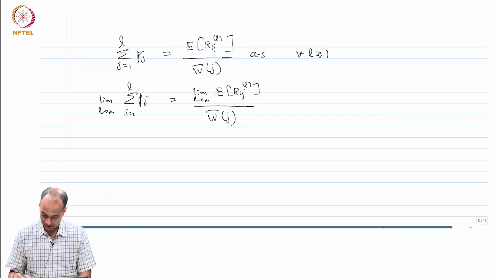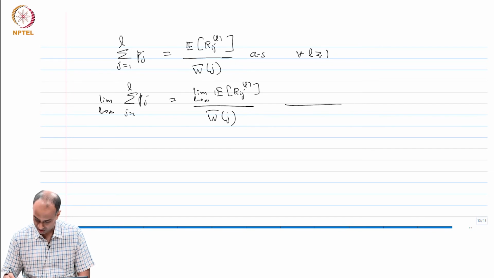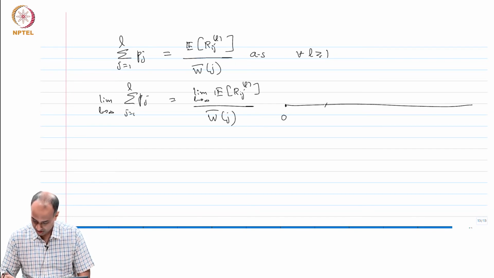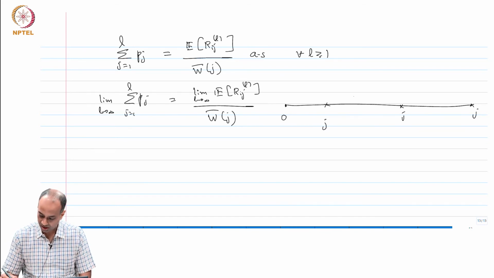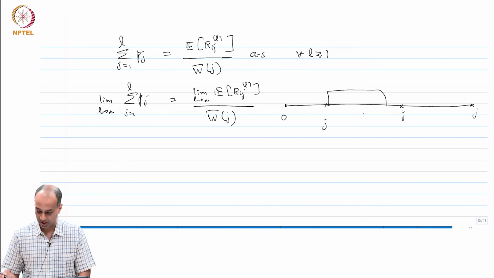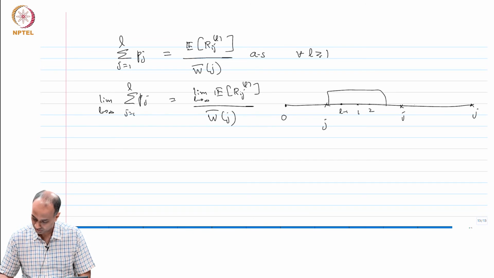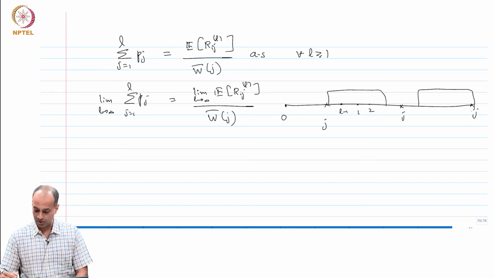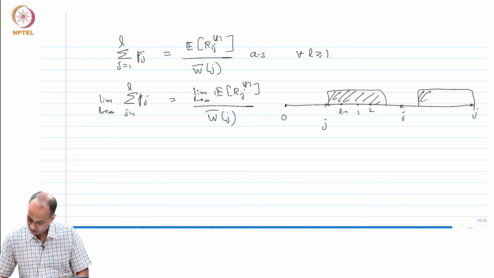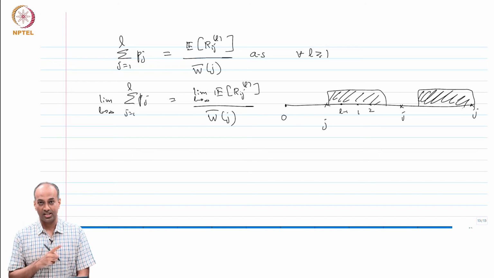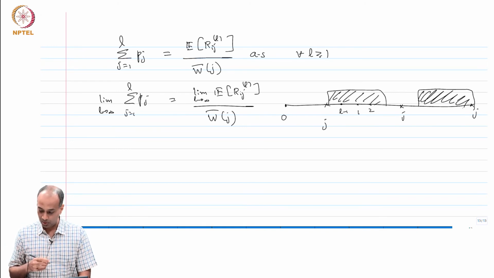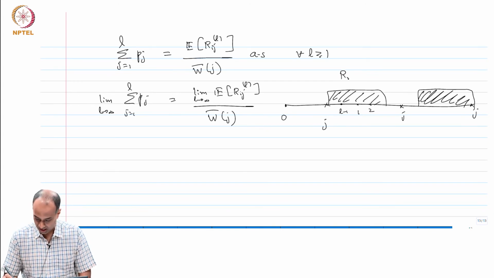If you look at this, maybe I should draw a picture here. This is time 0, right. You are hitting j here, and whenever your state is less than or equal to L, you get a reward of 1, okay. So, if you have L minus 1 or 1 or 2 or whatever, you get a reward of 1. This reward is 1 whenever your state is less than or equal to L, 0 otherwise, okay. Now, as L tends to infinity, what happens, right? If you look at this R_ijl,